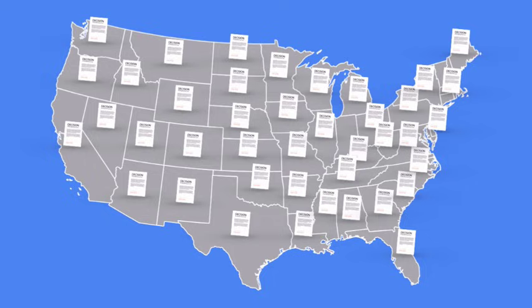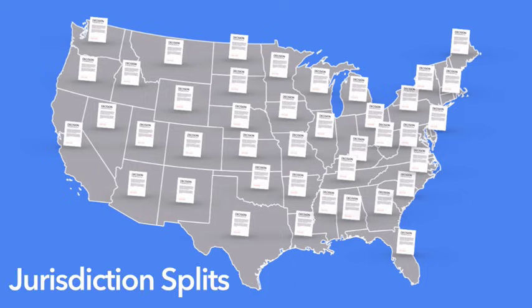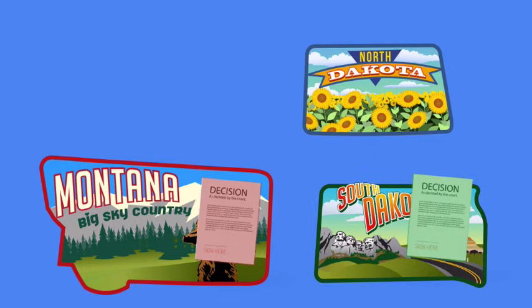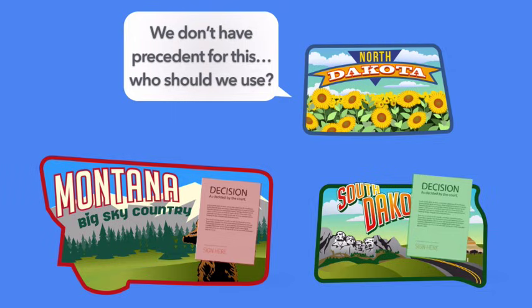In some areas of torts, almost all jurisdictions follow the same basic approach. In other areas of tort law, there are jurisdiction splits, characterized by majority and minority approaches. When a rule or standard is described as the majority approach, that means that it is the approach followed by the majority of jurisdictions. Sometimes, particularly on matters of first impression, meaning that there is no precedent on point from the highest court in the relevant jurisdiction, courts will also look to holdings from courts in other jurisdictions and decide whether or not to follow the same approach.